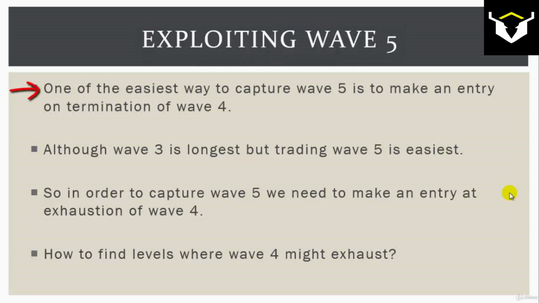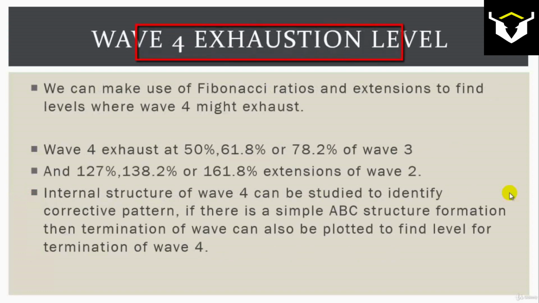Exploiting wave 5. One of the easiest ways to capture wave 5 is to make an entry on termination of wave 4. Although wave 3 is longest, trading wave 5 is easiest. So in order to capture wave 5, we need to make an entry at exhaustion of wave 4. How to find levels where wave 4 might exhaust? Wave 4 exhaustion level. We can make use of Fibonacci ratios and extensions to find levels where wave 4 might